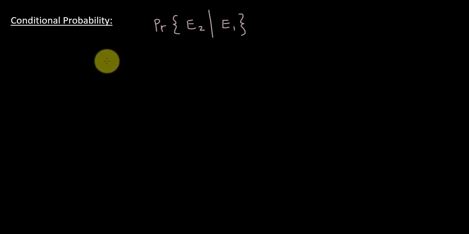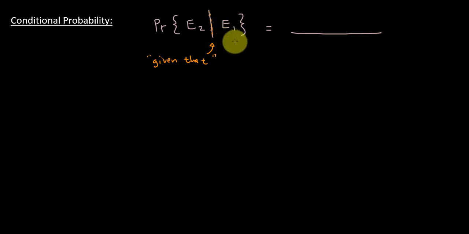The way that is interpreted is "given that." So that vertical line is "given that." So this is saying probability of E2 given that E1 has occurred or is underway is,